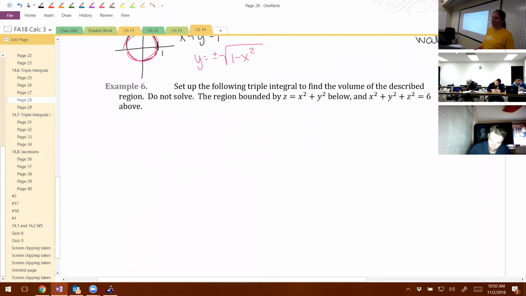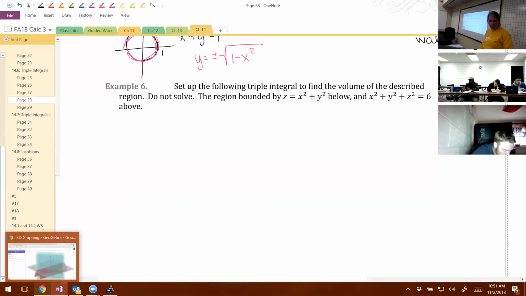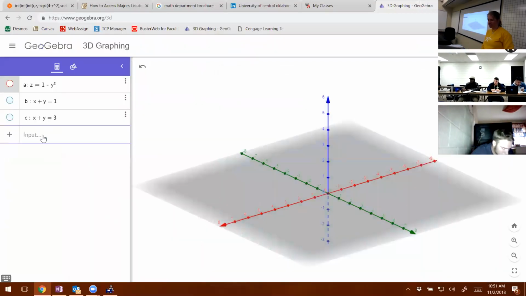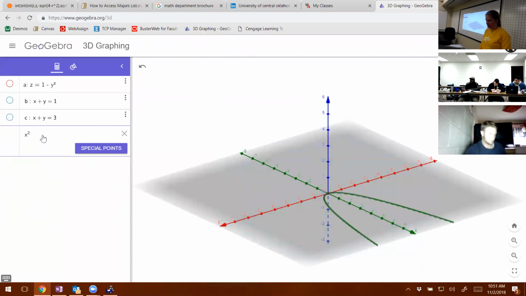Set up the function in cylindrical, again, to find the volume. Do not solve. Region bounded by z equals x squared plus y squared below, and then that other function above. What does x squared plus y squared plus z squared equals 6 look like? Even nicer than that, even simpler than that. Yeah, it's just going to be a sphere with a radius of square root of 6, which is kind of weird, but